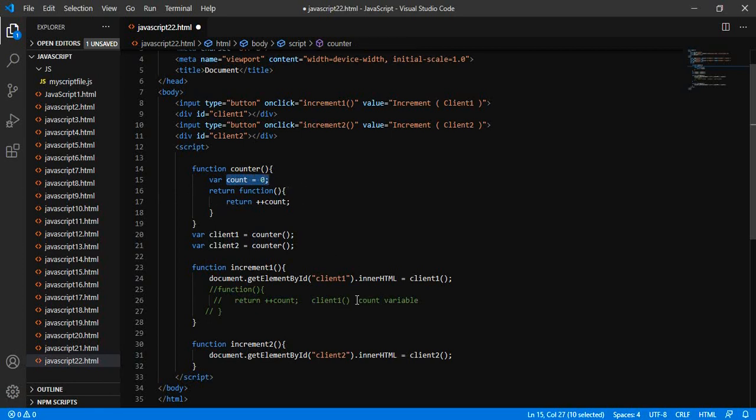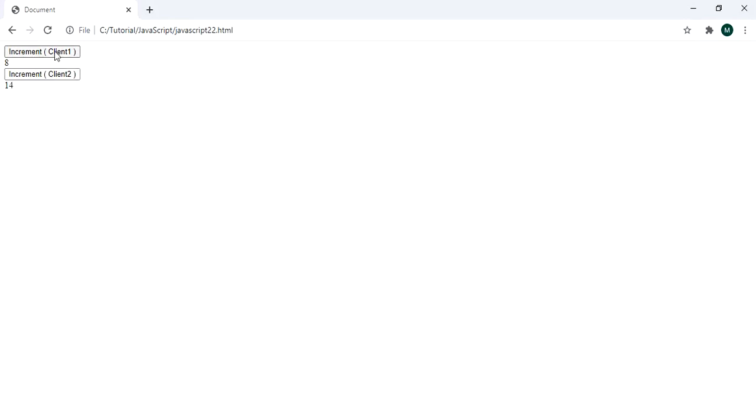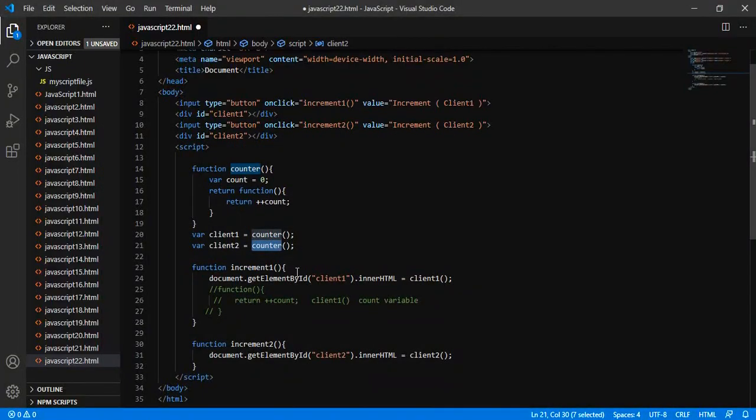Every time you call client 1, you are accessing this count variable, and in the same way for counter 2. So when you increment, it increments the count variable separately for client 1 and client 2, and in the same way you can define n number of clients and have separate scopes.